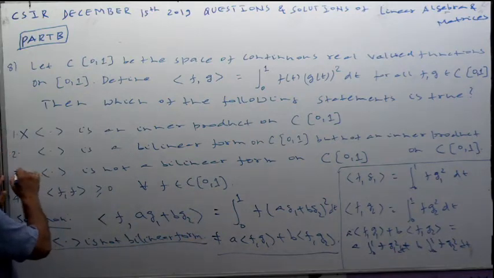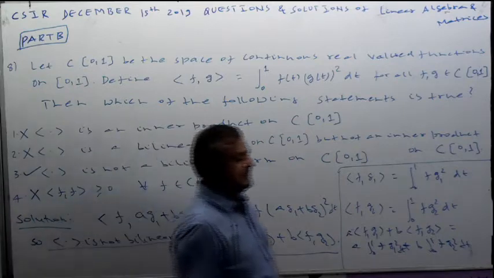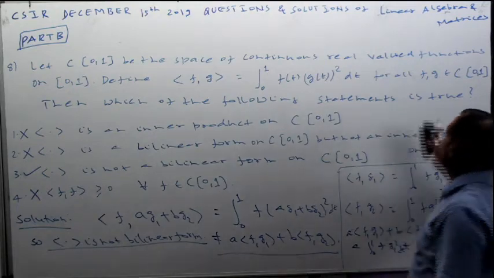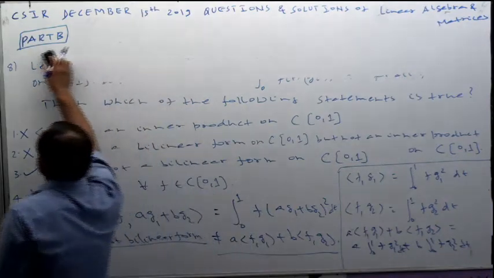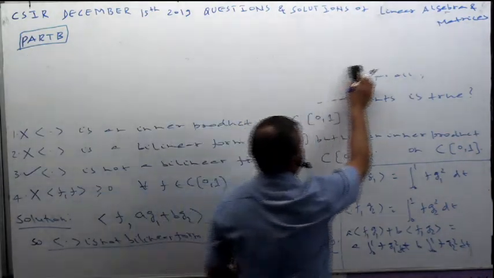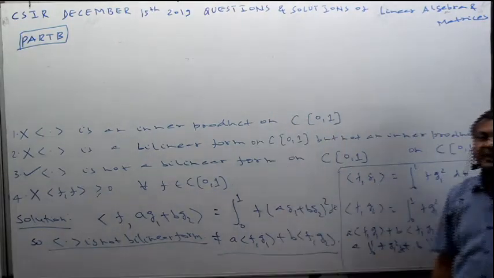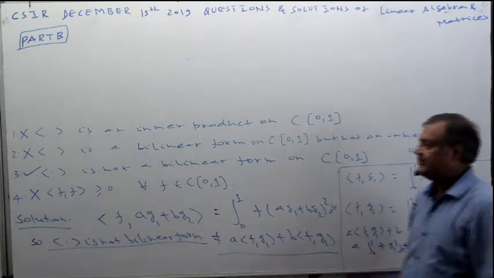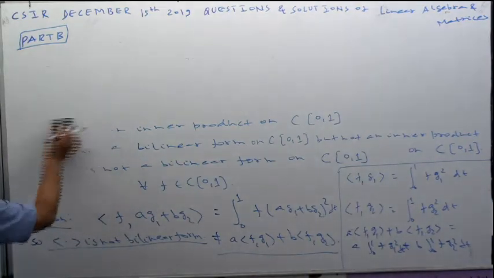So this is not a bilinear form, that is correct, and this option is incorrect because it is telling that it is a bilinear form. And I hope conceptually you are thorough. Then I will move to the next question. In examination hall, directly tell that one of the factors is not linear, it is quadratic, so ignore it. It will never be bilinear. Here I am showing you. There you can save your time.